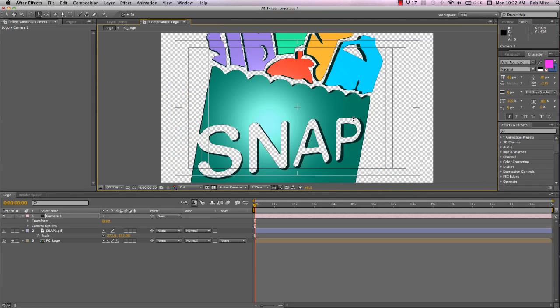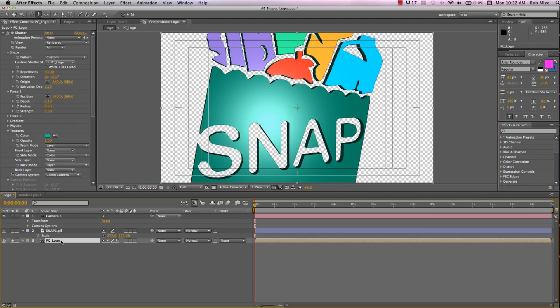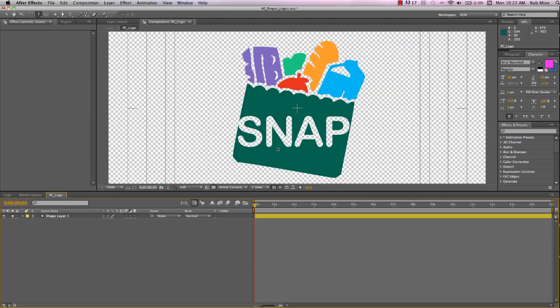Now, if this does present a problem for you, there's a couple of ways around this. If you want to keep that 3D depth. If you don't want to do that and you just want to use the logo as it is, as we saw earlier, there's no problem regardless of how close you zoom in on it. Another thing you can do